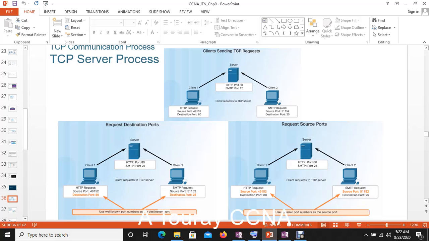For instance, here I am sending an SMTP request from source port 1. So the destination here is I have to request the server if the server is available, and the server will have to make sure it communicates to client 2. So that's exactly what happens. So my source would be any randomly generated dynamic port number. Let's say, for instance, 49152 is a dynamic port number, and that will be my source, and my destination will be a valid port 80, that's HTTP, and then the server now has HTTP port 80 and it has port 25 for SMTP for receiving the